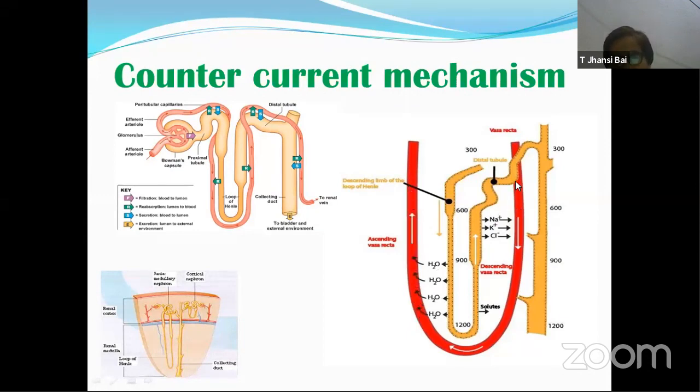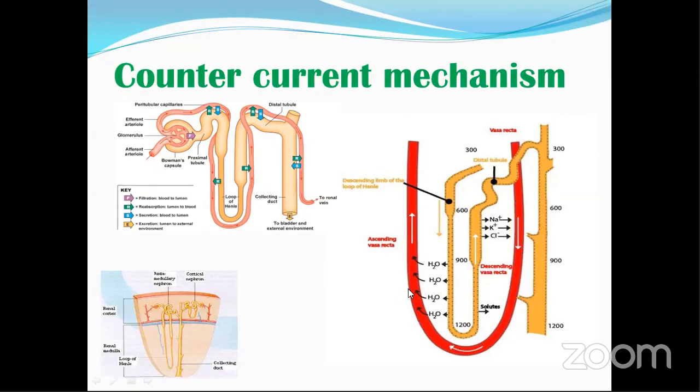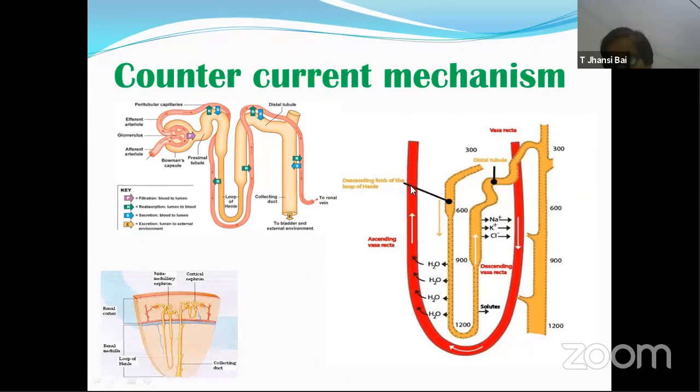So here we find the movement of the blood. Here it is coming down, that means it is descending in this tube, whereas it is ascending over here, moving upwards. So this is again the movement of the blood in opposite direction. When we are looking at nephrons, we find that first it is the filtrate which is moving down and then moving up. But when you look at vasa recta, the blood is coming down from here and moving up. So what is happening due to this is that